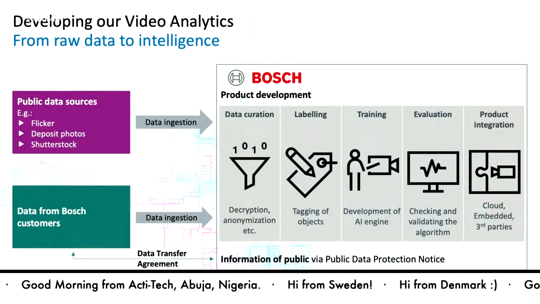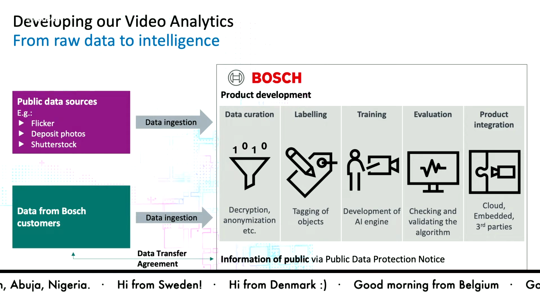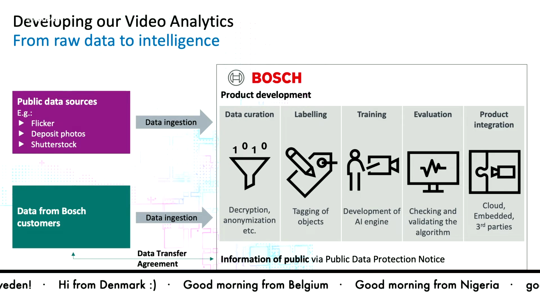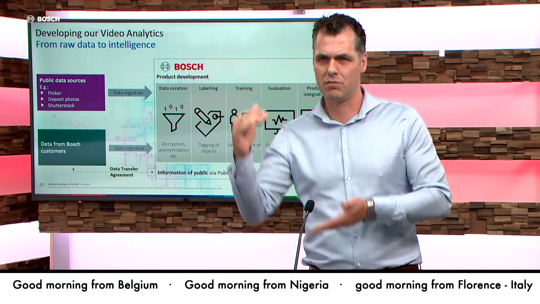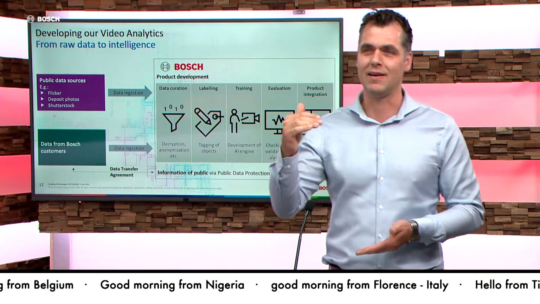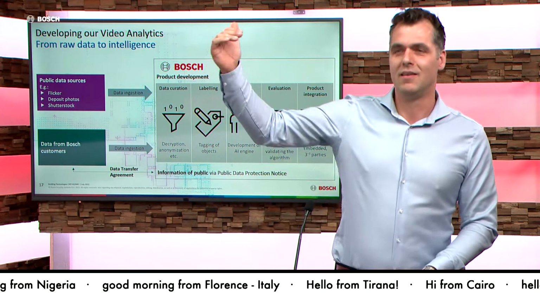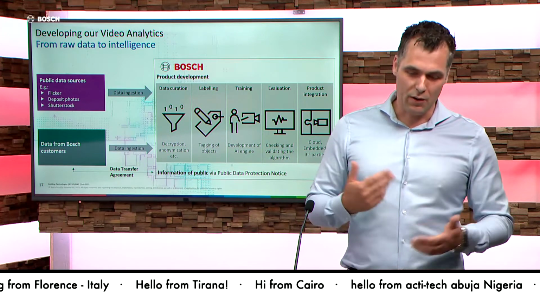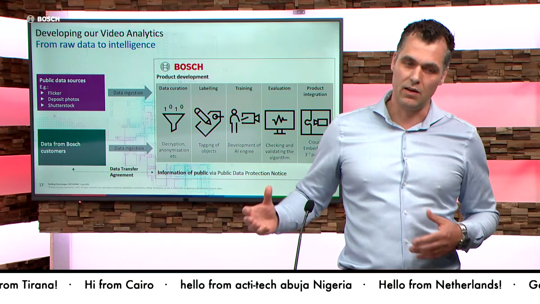And then we can evaluate, okay, did we actually make it better now? Because we have a nightly build onto our AI engine as well. And then seeing, okay, did we now, with injecting all that data, did we make it better? Or did we actually make it worse, right? So we need to post-evaluate that. And as soon as it's basically better, which is most of the times it is, then simply you integrate it in the product. So that's a little bit the way how we work with our data sets and injecting more data.